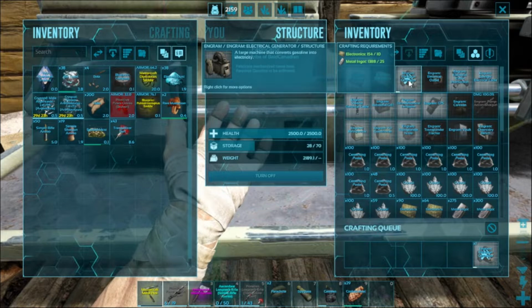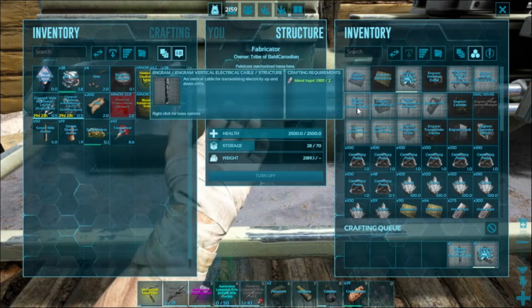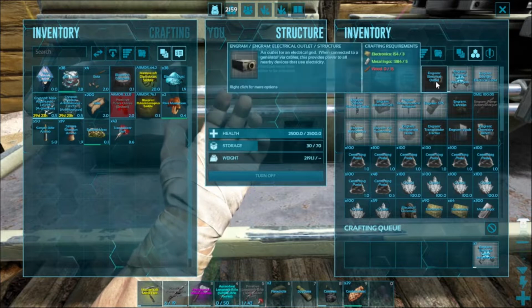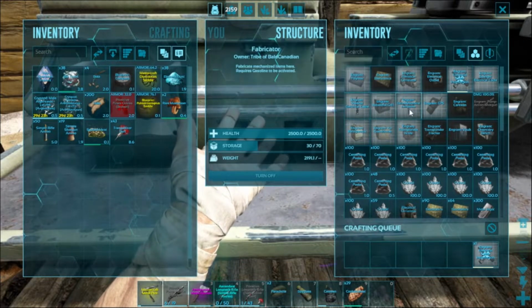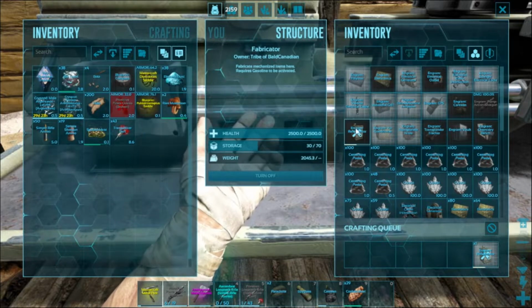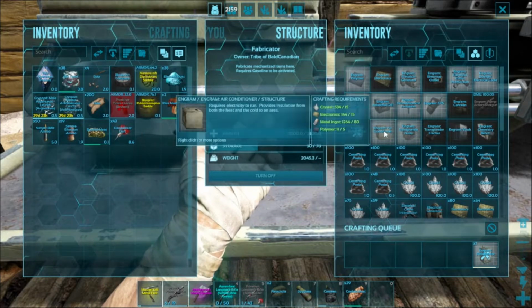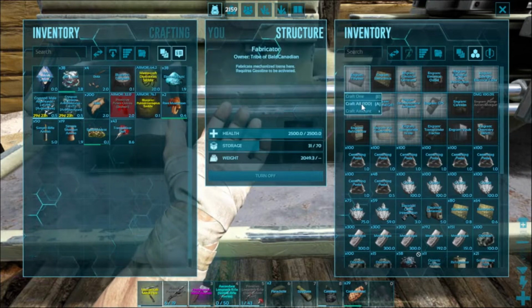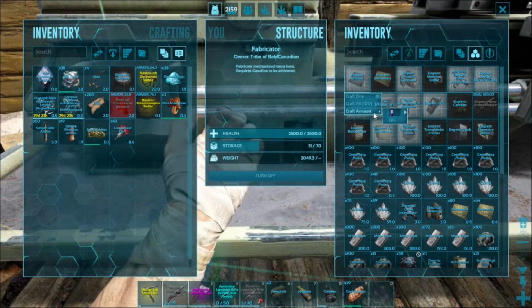We're going to make our generator, vertical cable, intersection. I need a little bit of wood for that, which is fine. I need a bit more polymer for that. And then I will need some more for that. So I'll make like